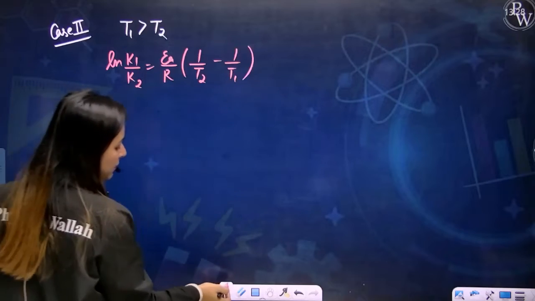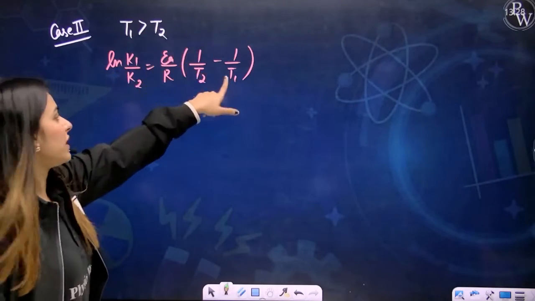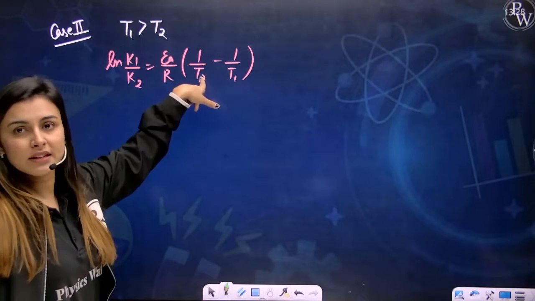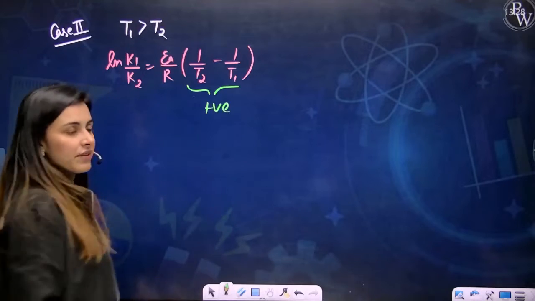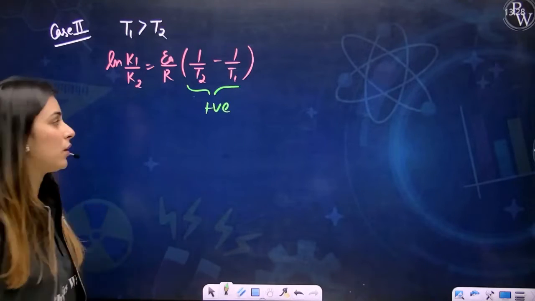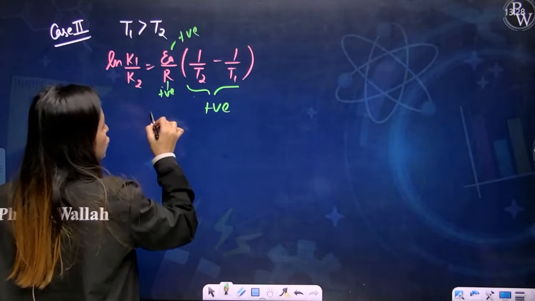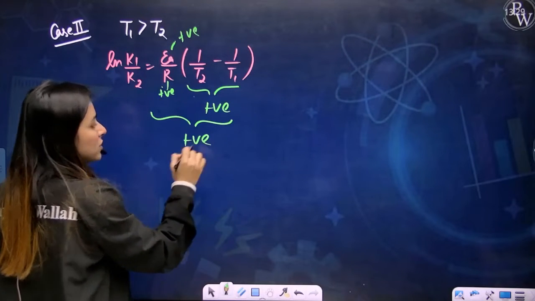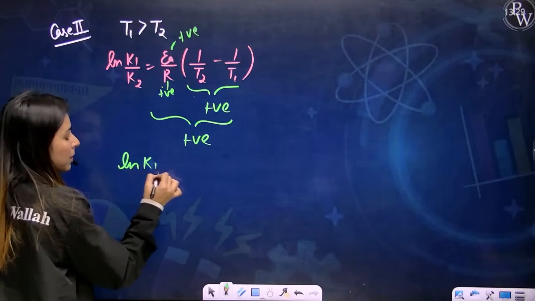Since T1 is more than T2, then definitely 1 upon T1 will be lesser than 1 upon T2. So this overall value will come out to be a positive value. Perfect. No issues till now. Since this is positive and this is positive always, so this overall value will come out to be positive. So ln of K1 by K2 is